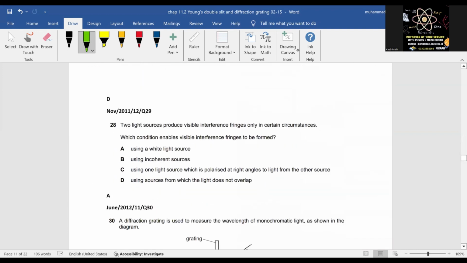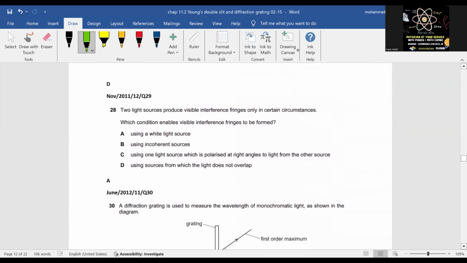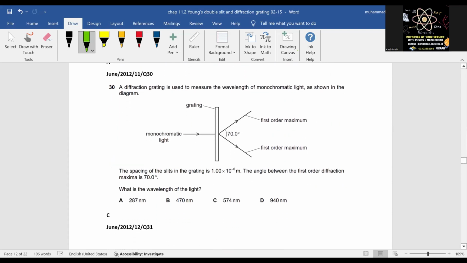Under what condition can interference fringes be formed? अच्छा, इंटरफेरेंस फ्रिंज अगर है तो, two light sources produce visible interference fringes only in certain circumstances. Which condition enables the visible interference fringes to be formed using white light, using an incoherent source? Incoherent source में तुम्हारे पास अजीब से इनकंसिस्टेंट कोहेरेंट पैटर्न जनरेट होगा, तो वो मज़े का नहीं होगा, राइट। तो विजिबल सही नहीं होगा। Using a source from which the light does not overlap. ये ही बन रहा है तुम्हारे पास, सेंटर में वाइट लाइट होगी, फिर साइड में एक फ्रिंज, फिर दूसरा फ्रिंज, एंड तीसरा फ्रिंज, एंड सो ऑन। ओके, आ जाओ, शहीर ये करवा दे प्लीज।